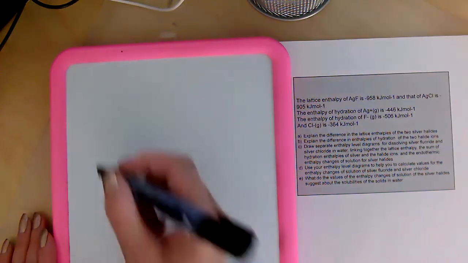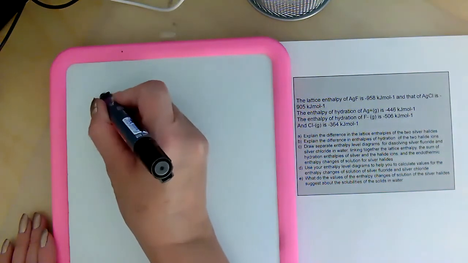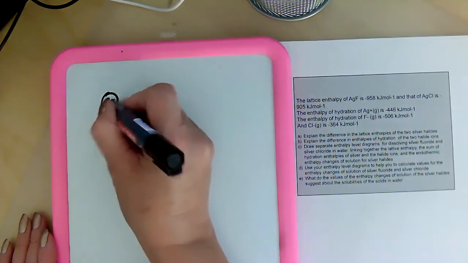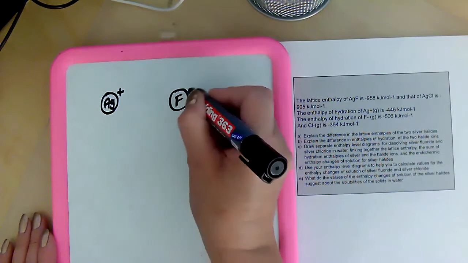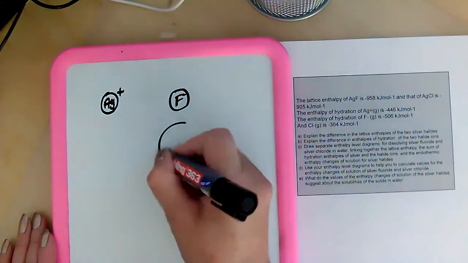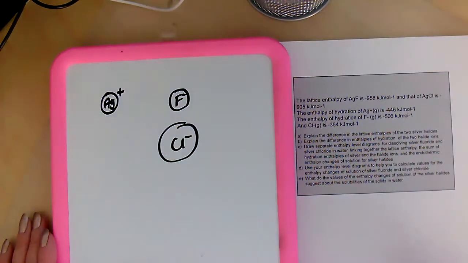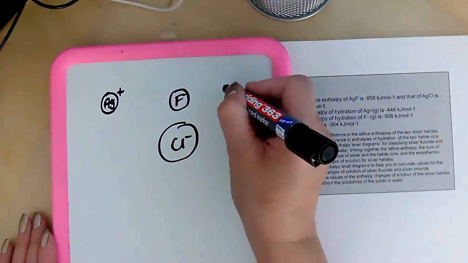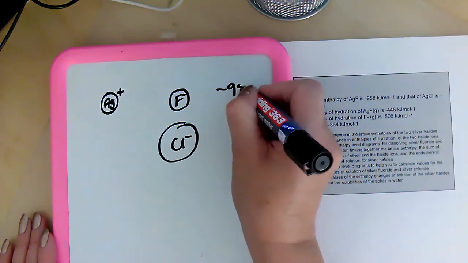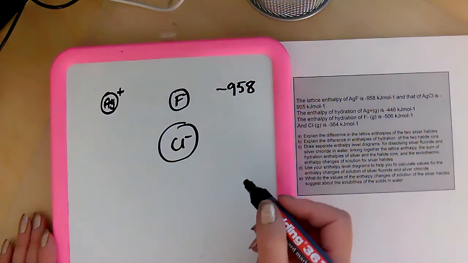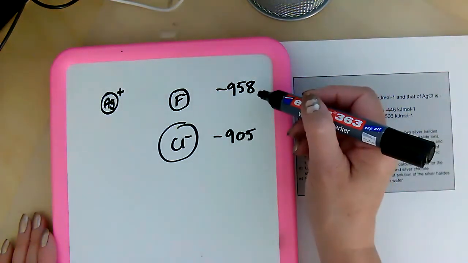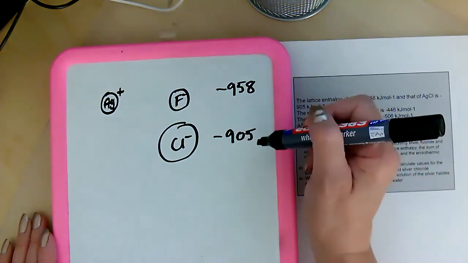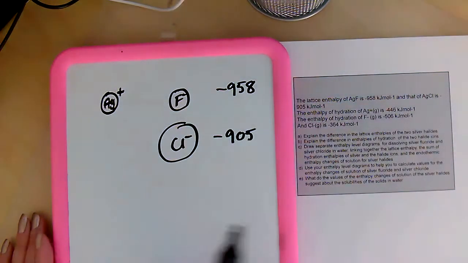So if we look at silver, which is Ag+, and we're putting it with F- or Cl-. So we've got two different sized ions there. Silver fluoride has a lattice enthalpy of -958. Silver chloride is -905. So we can see that silver fluoride is much larger than silver chloride, and that is all to do with